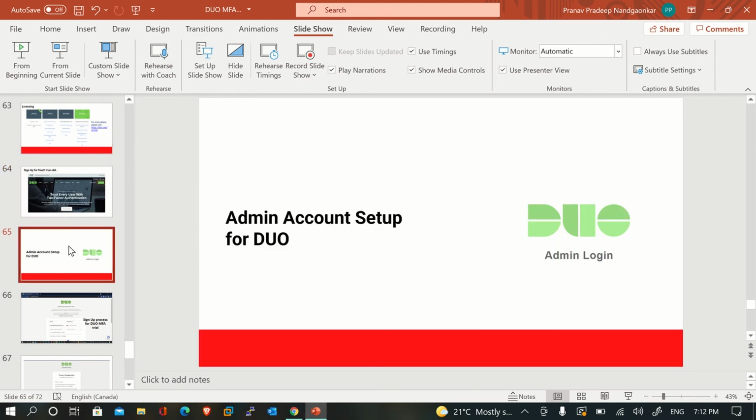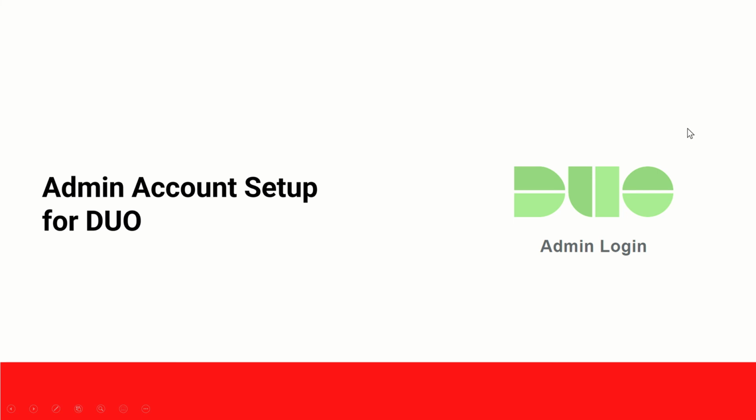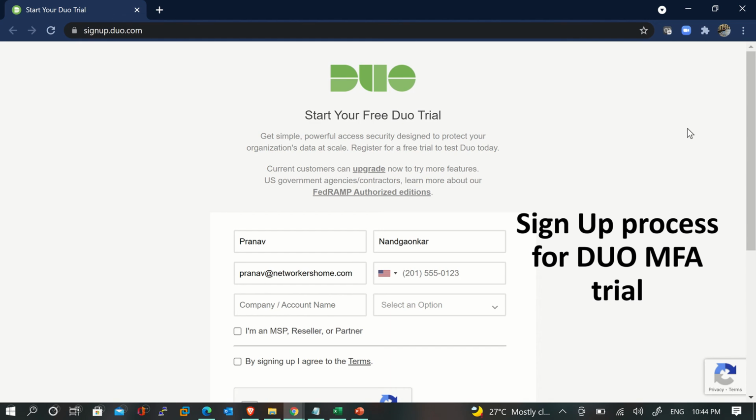So the last thing we will discuss is how to set up an account for the administrator, by clicking on the free trial, or if you have directly purchased it from Cisco, you can set up the admin account. For setting up the admin account, when you click on the free trial, or when you go to the specific URL for signing up to Duo, this is the URL,